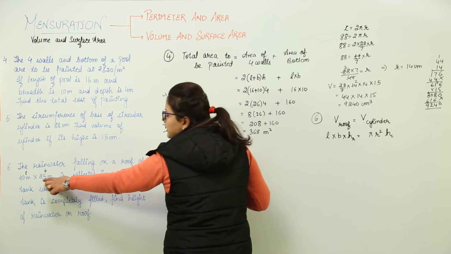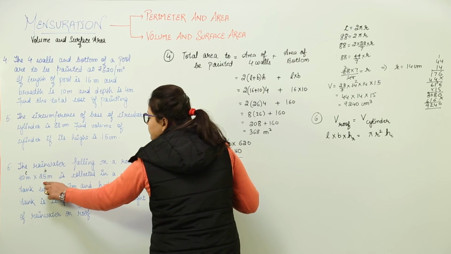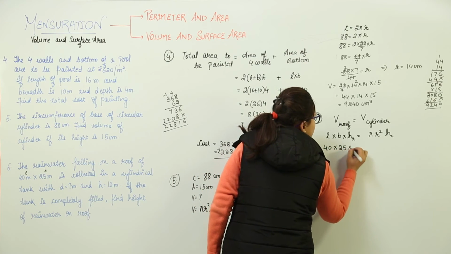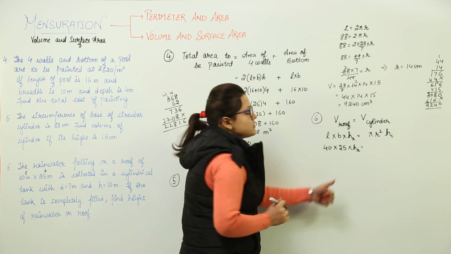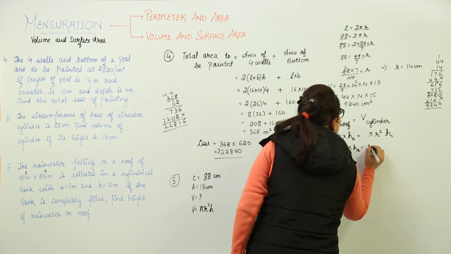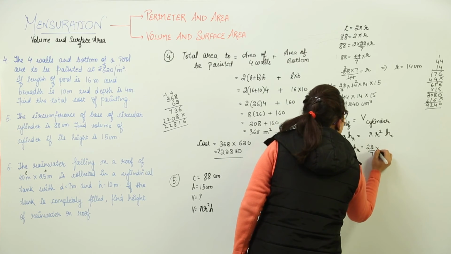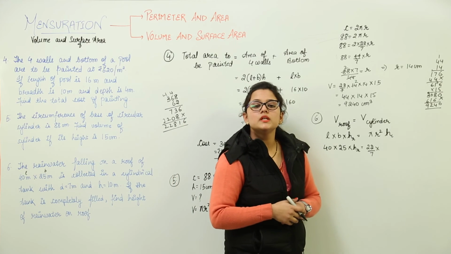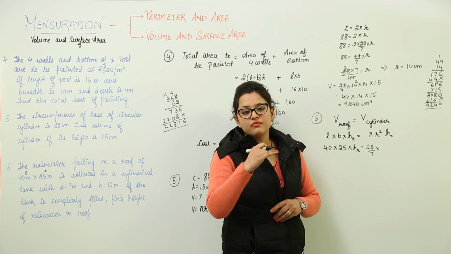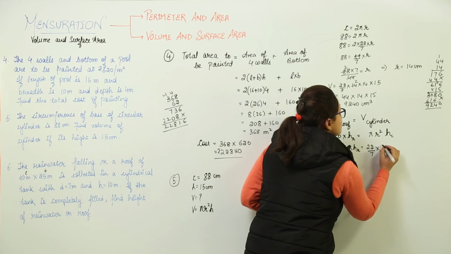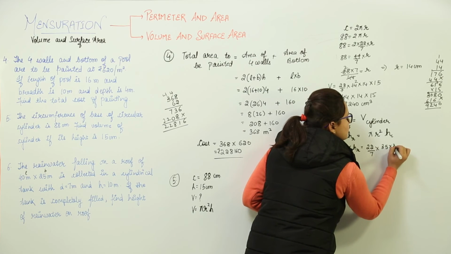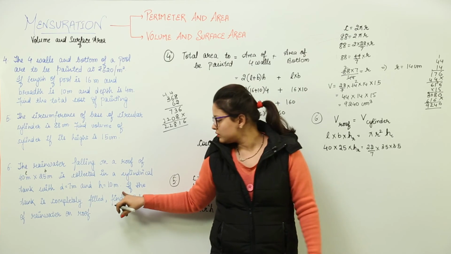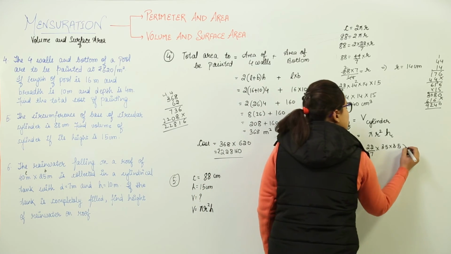Now put the values that are being provided to you. 40 and 25, I'll place them here. I'll keep the h of the roof as it is because this is what we had to find out. Now what will be the value of the cylinder? Pi is 22 by 7 into, what is the radius? See, if 7 meter is the diameter given, can you tell me what will be the radius? Yes, radius will be just half of this diameter, that is 3.5. So I will write 3.5 into 3.5. Why 2 times? Because it was already given radius square. Now what is the height of the cylinder? It is 10. So I will write here 10.